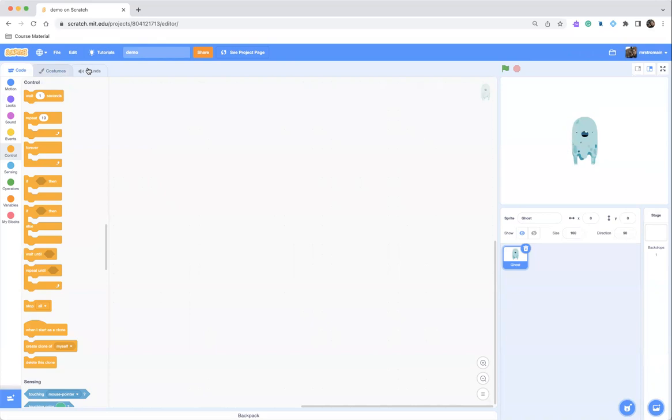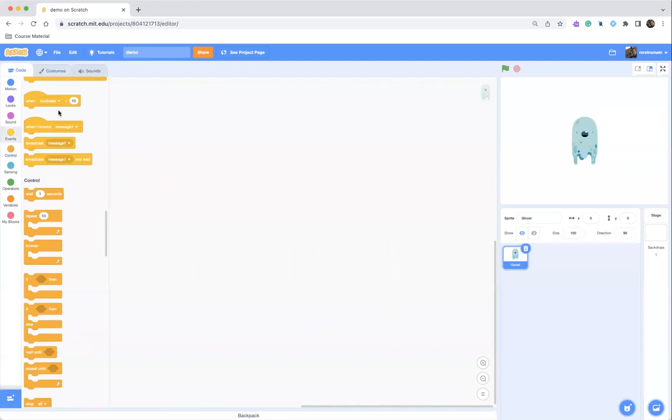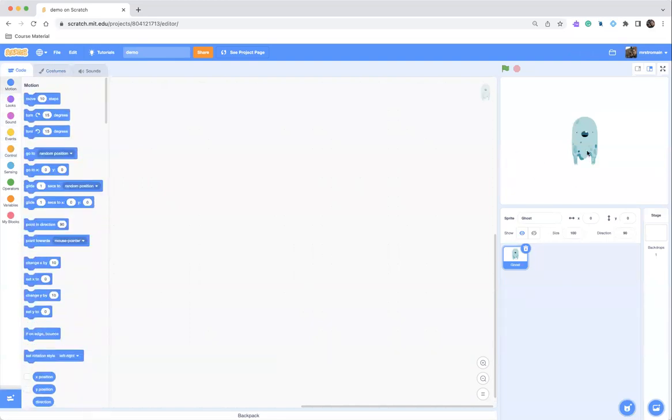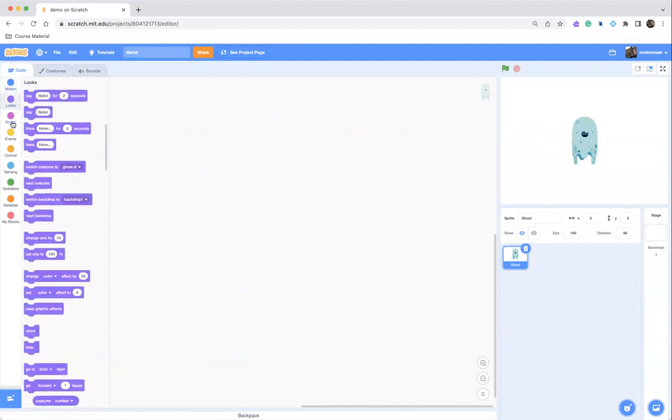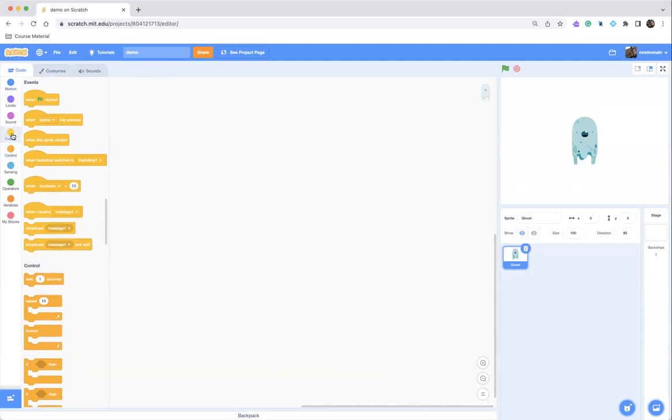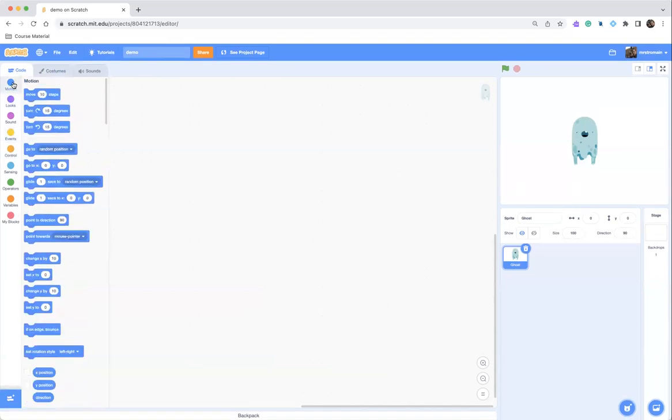Okay, so let's look at how we can use some of these code blocks to affect what's happening in our little movie. The first one, we'll look at this set here. Motion, looks, events are the ones we'll cover in this lesson, just getting a sense of them. Some of it's going to be experimentation on your part to see what things do, and they're pretty straightforward. You'll learn by doing often, just by experimenting. So I encourage you to do that as much as possible. Try things and see what happens, and go to Google and look up Scratch code blocks, and there are plenty of ways to learn, but I find just doing things is the easiest